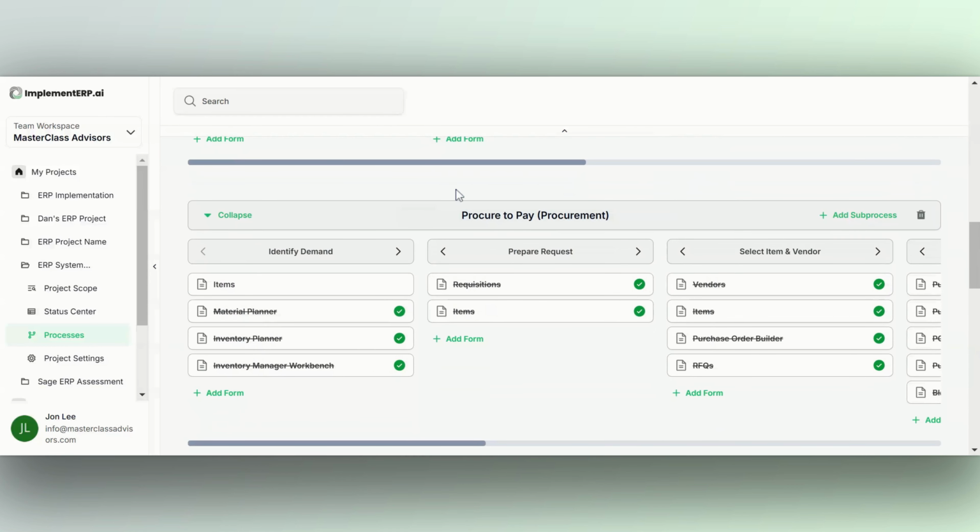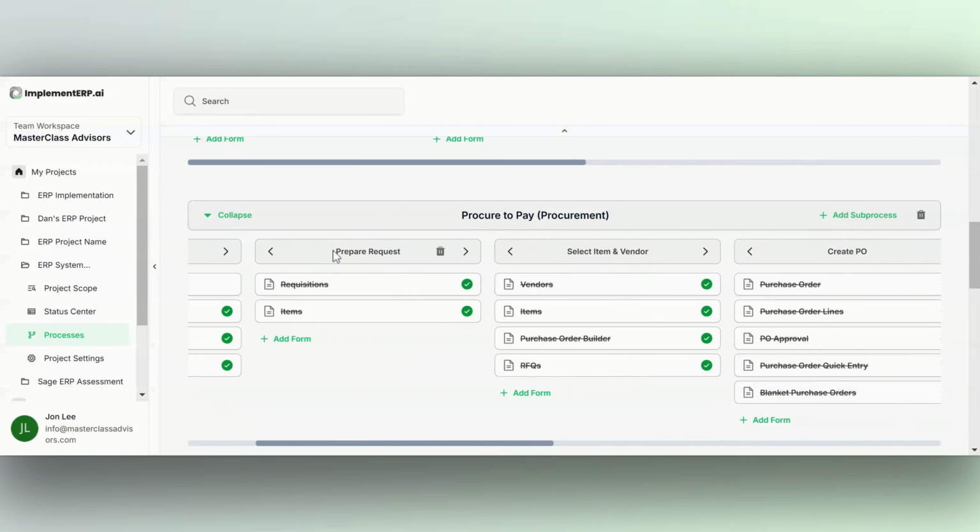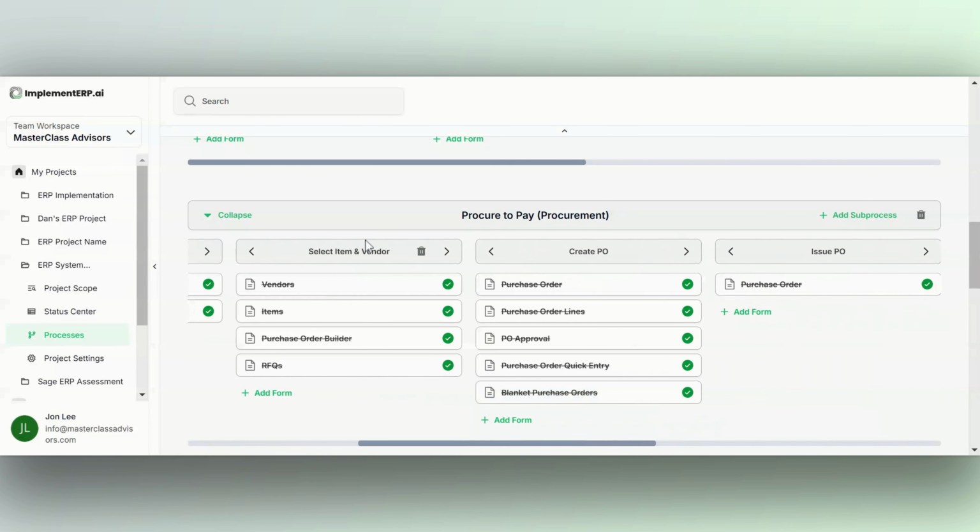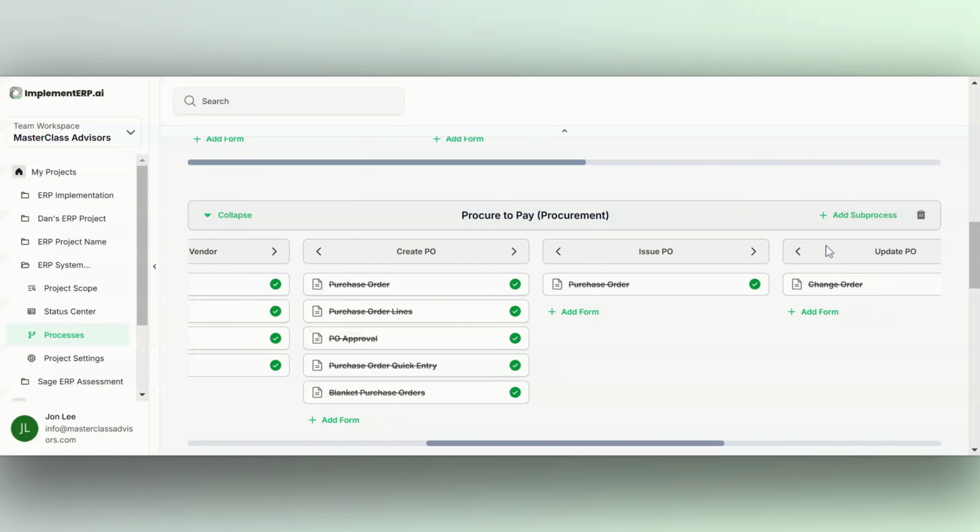We're going to use the procurement process just because this one's a little bit more built out. Again, this is pre-built into our library, but the procure to pay process, and you can change the name anytime you want to, contains these numerous sub-processes. What are they? Well, first you've got to know that you need a material or item or labor or anything else. You need to be able to generate a requisition, select items and vendors, create a PO, issue that PO,